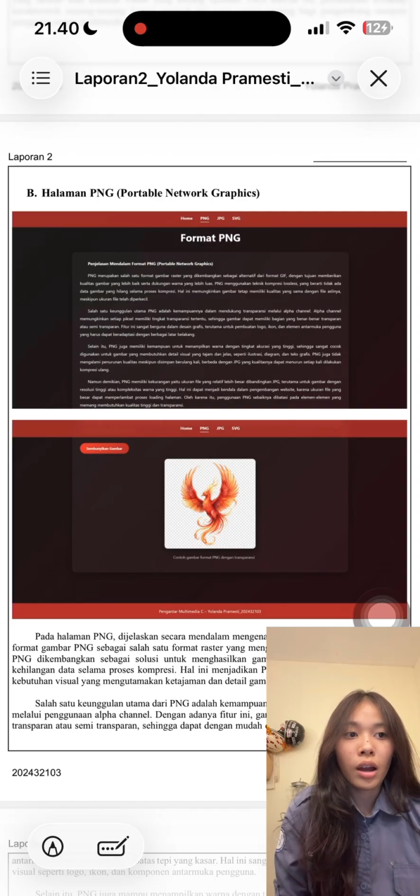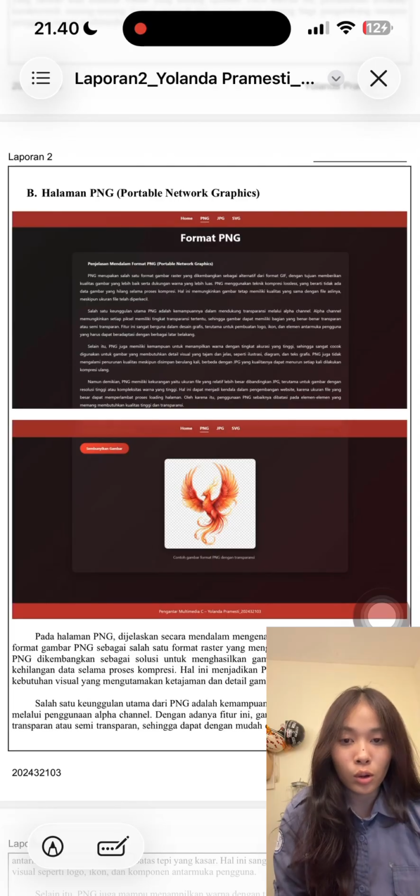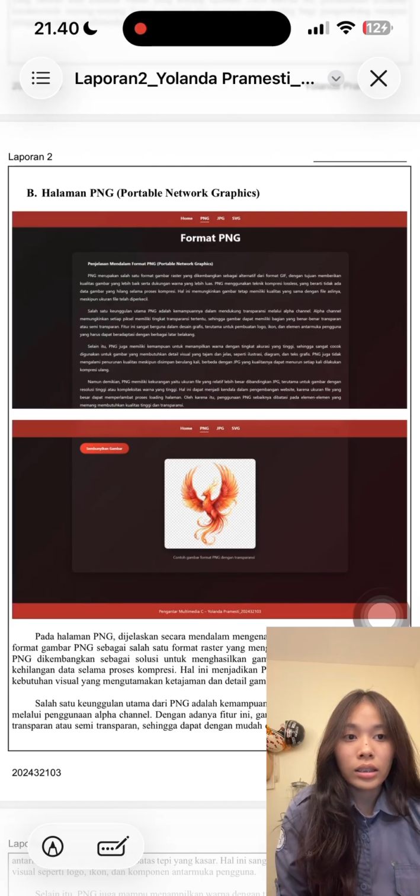One of the main advantages of PNG is its support for transparency, which makes it very suitable for logos, icons, and user interface elements. However, the drawback of PNG is that it usually has a large file size compared to other formats.